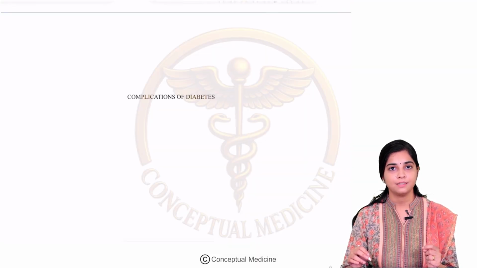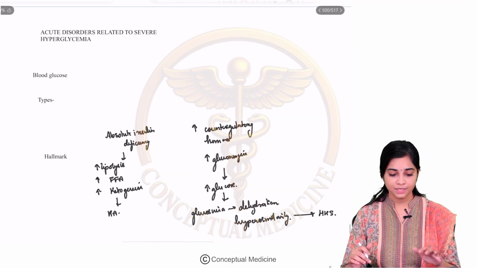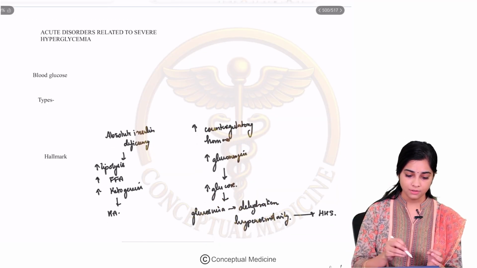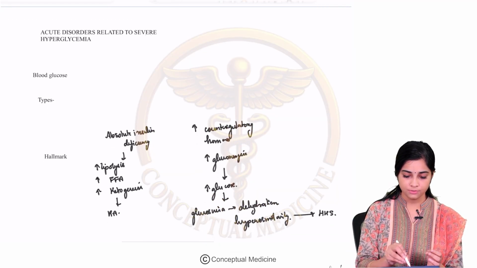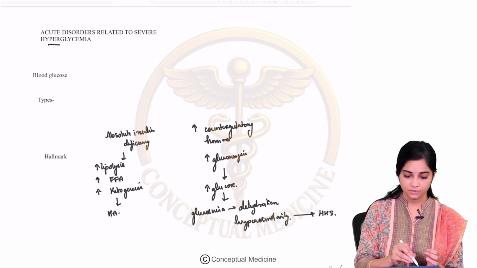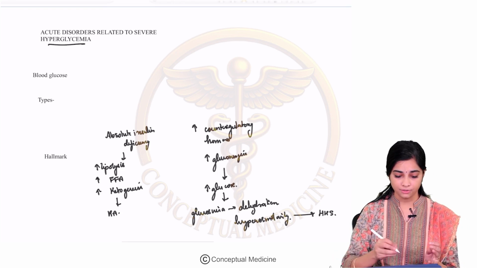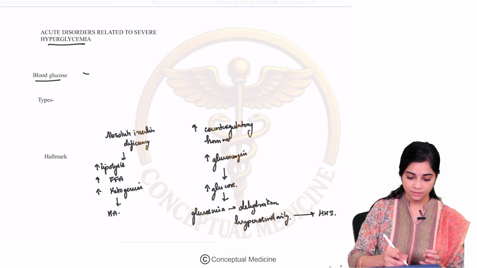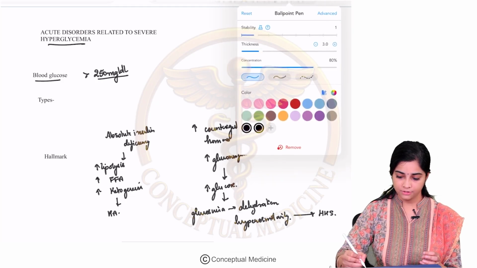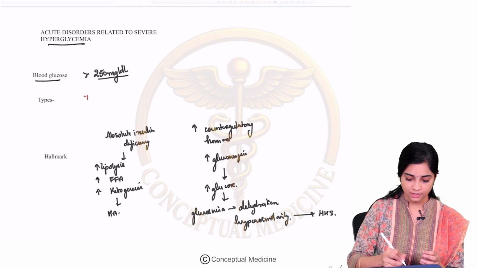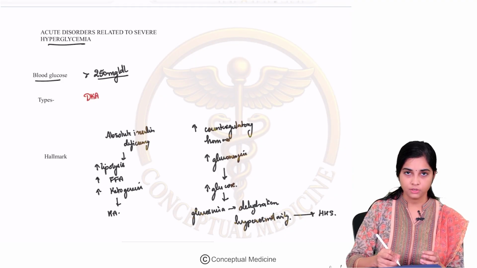Today we will be discussing complications of diabetes mellitus. So let's begin. The first complication that we should be aware of is the acute disorders related to severe hyperglycemia. These are a group of disorders associated with blood glucose levels of more than 250 mg per deciliter. The three disorders that we should be aware of are diabetic ketoacidosis, or DKA,